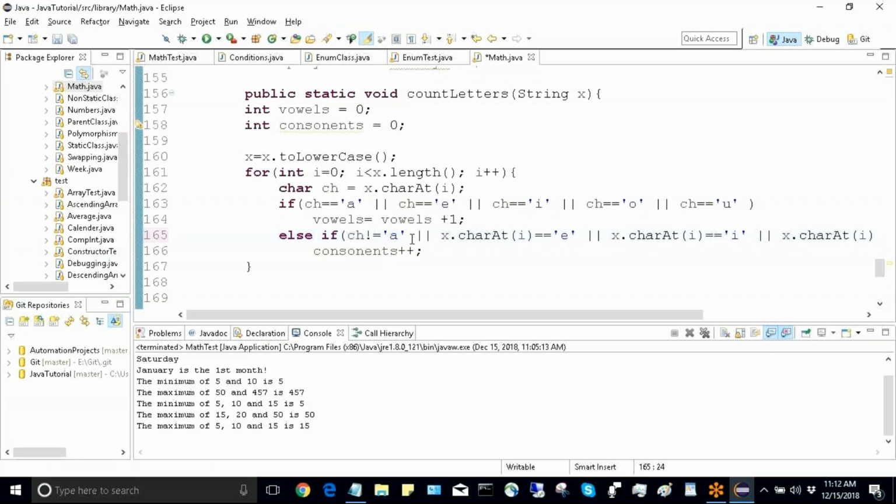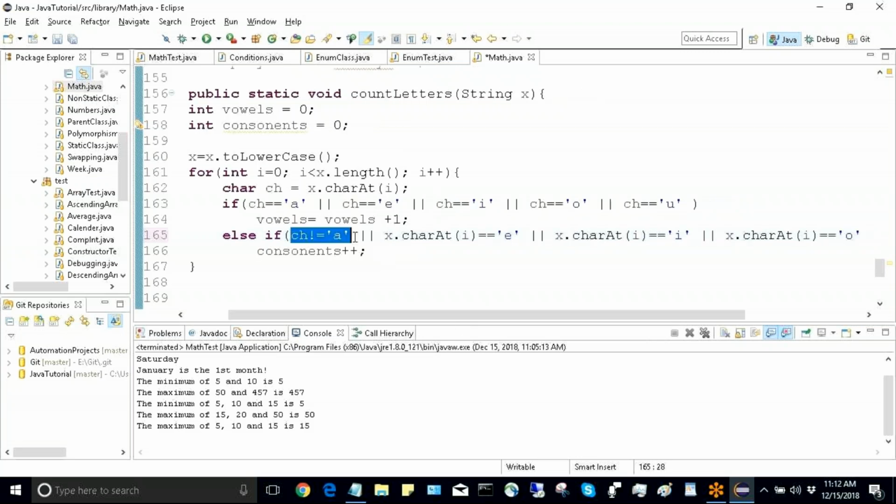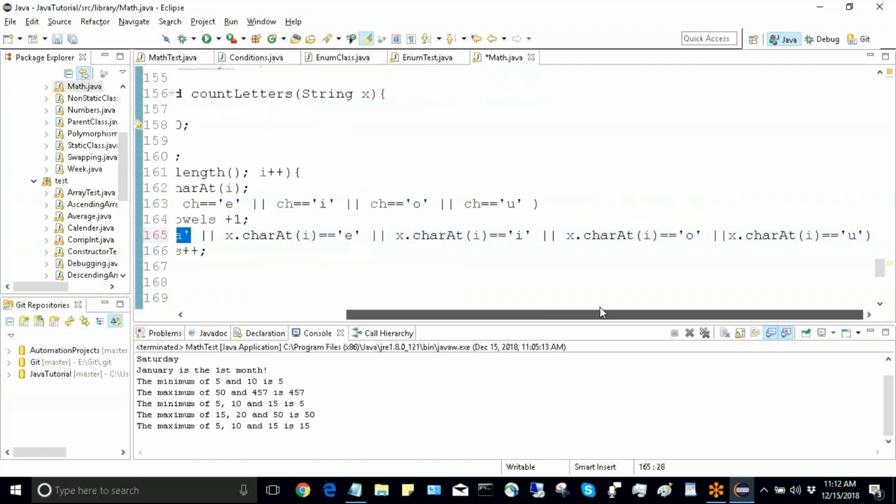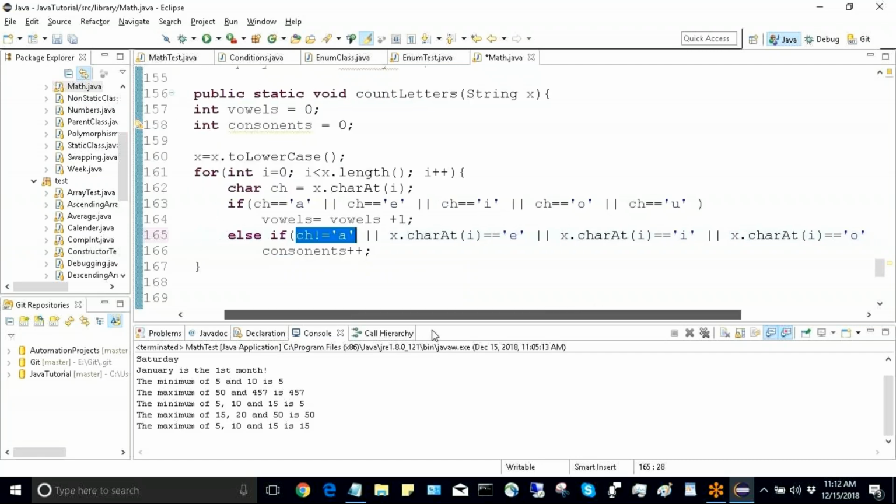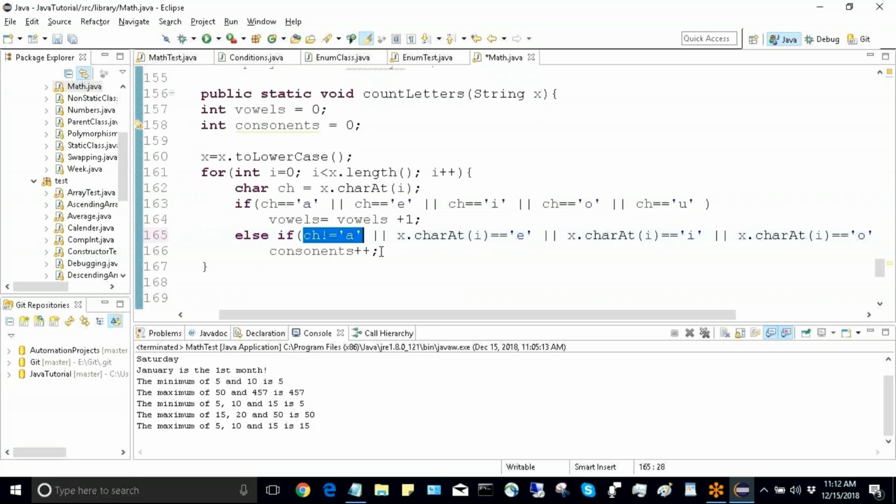Not equal to A, or not equal to E, or not equal to I, not equal to... you can put this logic in any which way, but this is one of the ways. So you repeat that ch is not equal to A or ch is not equal to E, then it is obviously consonant, but you have to check the special character also. So special character is not considered as vowel or consonant. You exclude that, then